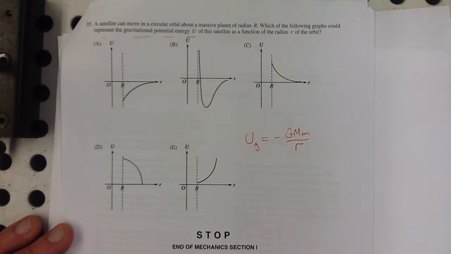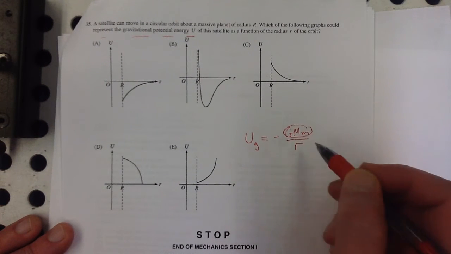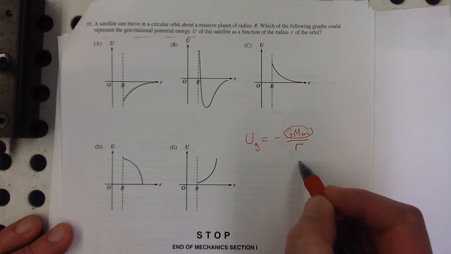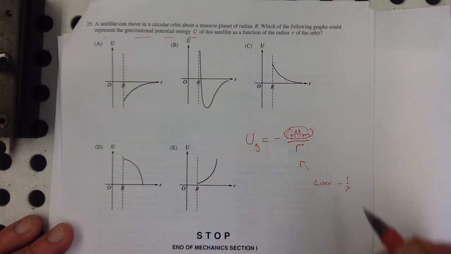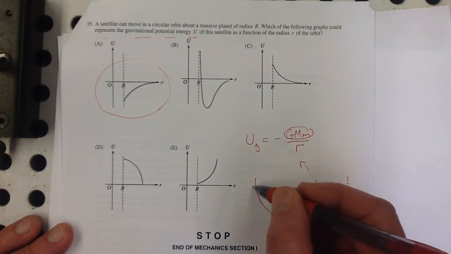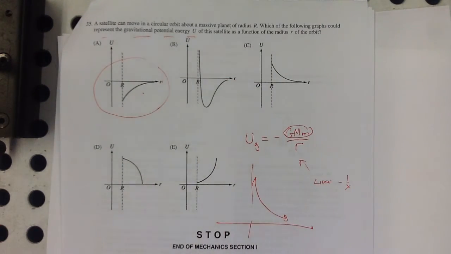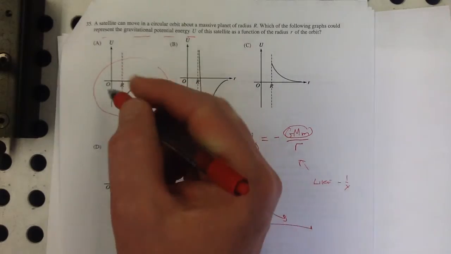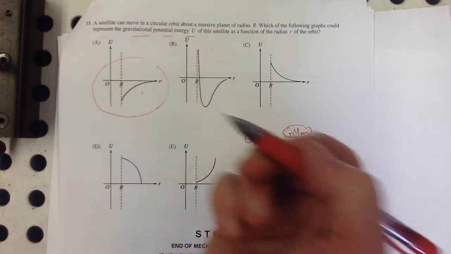Right? So this is all a constant, so it basically looks like a graph of a function of the form negative 1 over x. And that looks like this. Right? 1 over x looks like this, and upside down. It's like that right there. And that's it. Why does it stop at r? Well, at r, it's at the surface of the planet, so you can't go, I mean, you can go inside the planet,